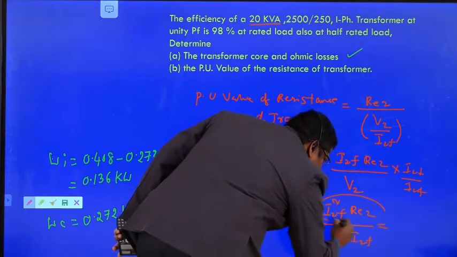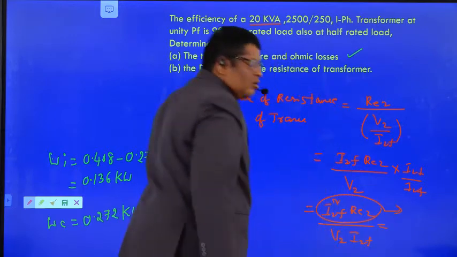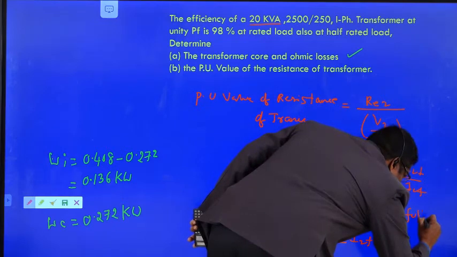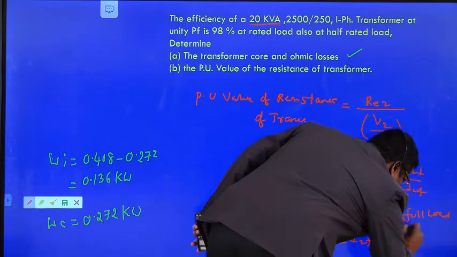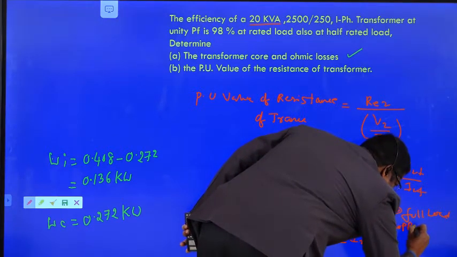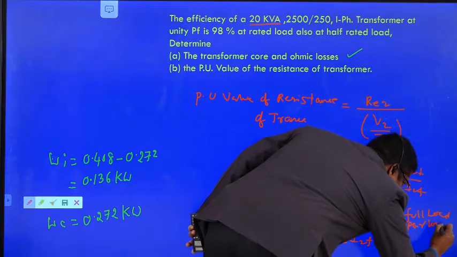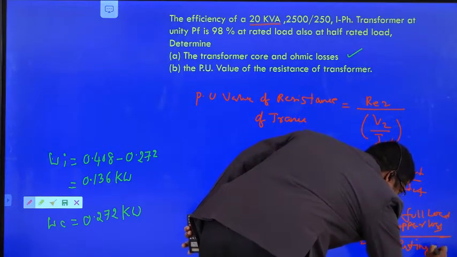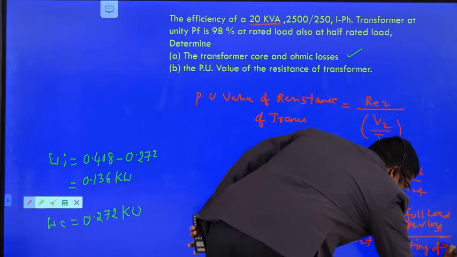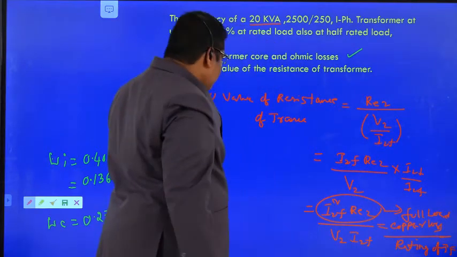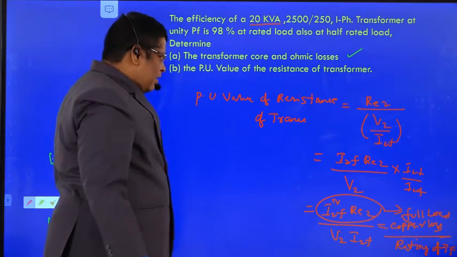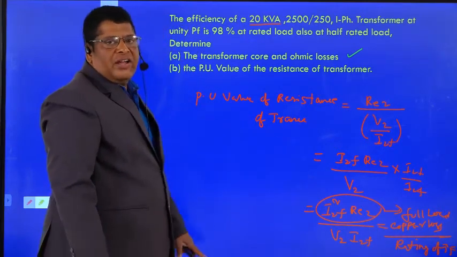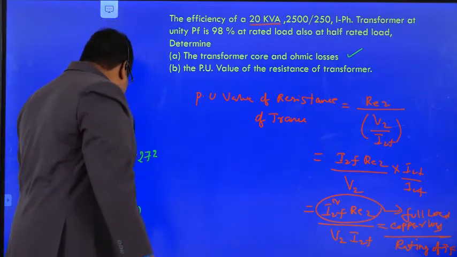This is representing the full load copper loss divided by the rating of transformer. So the per unit value of resistance of a transformer, we can write as full load copper loss divided by the rating of a transformer. So what is the full load copper loss? Already we know,